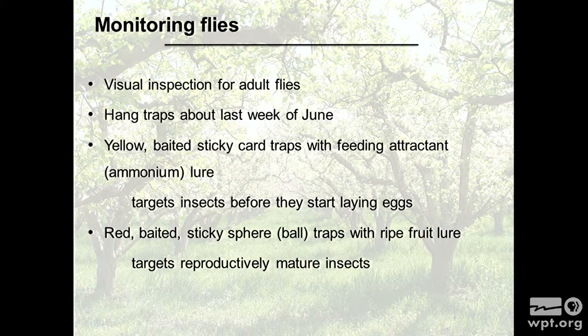And the feeding attractant lure attracts them when they're looking for that food, that protein, to develop their ovaries before they're mating. Then after that, when we're done with that pre-oviposition period, what they're looking for is a place to oviposit, to lay their eggs in. So then they're looking for the fruit. And that's when we start using those red spheres. Some can be baited, some are also used unbaited. And at that point, we're looking at different attractants. Here it will be ripe fruit lures that target those females that are mated and are looking for an oviposition site.